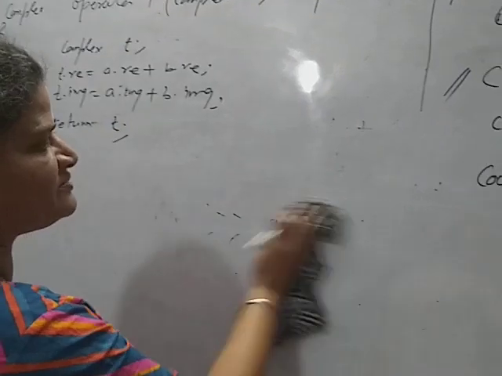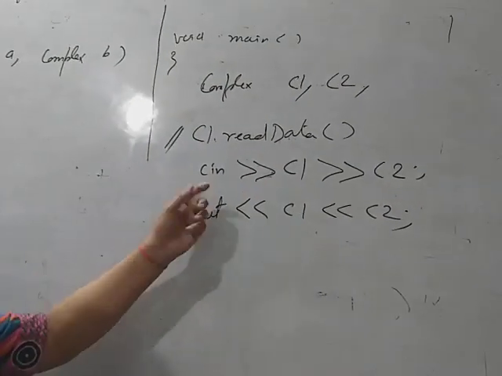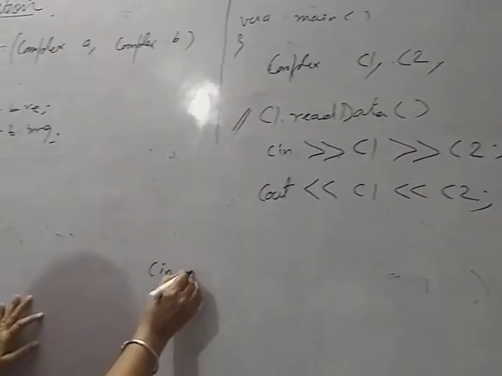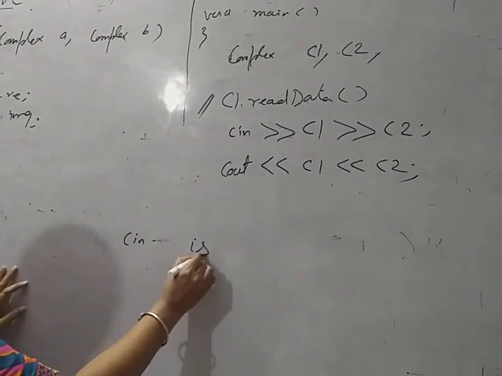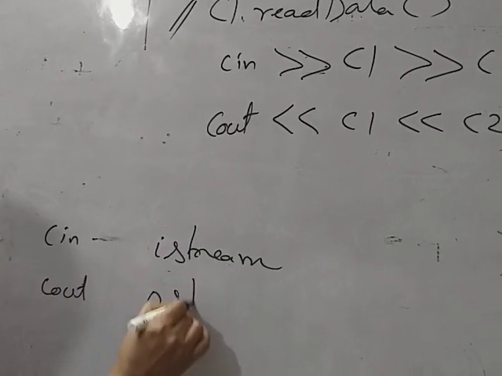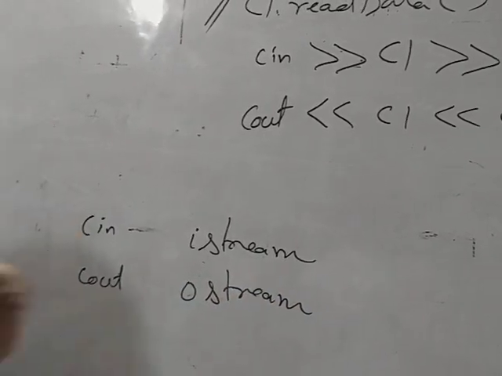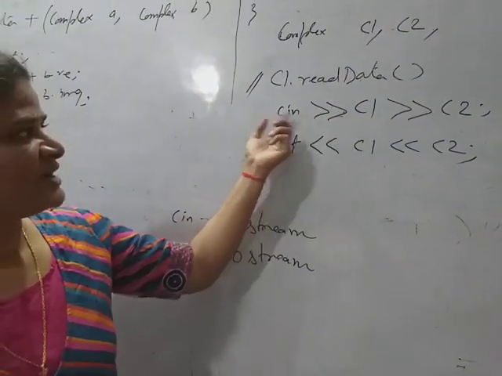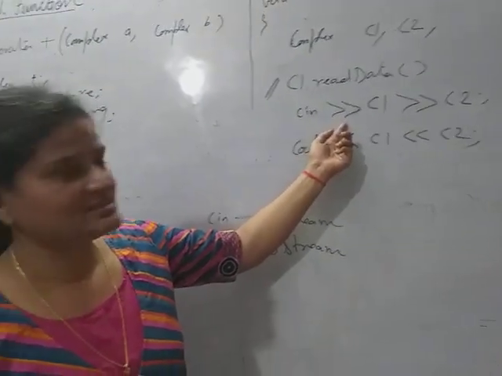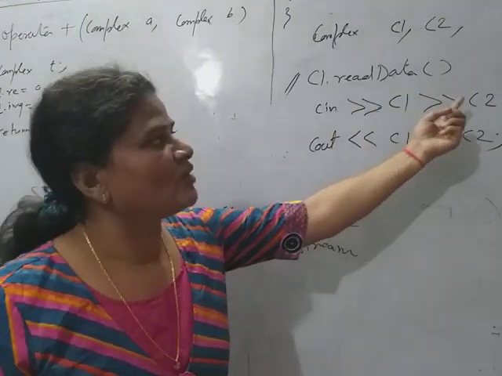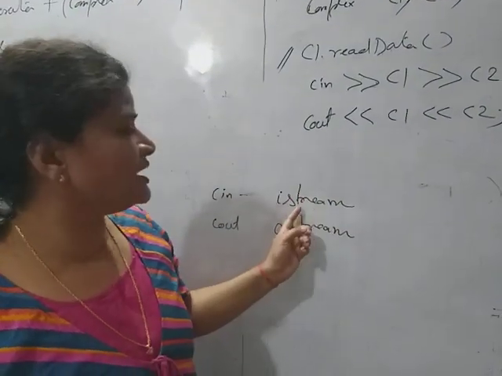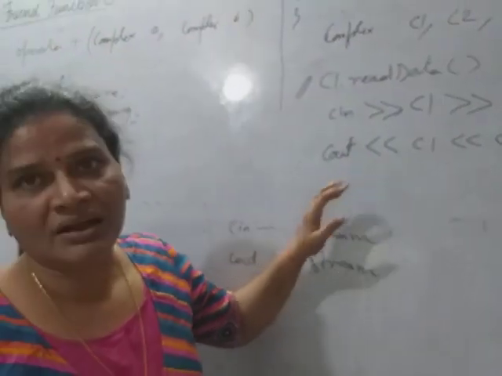Okay, so first the working of cin. Here I want to overload this. cin is the object of the class istream, and cout is the object of the class ostream. So first cin is required to be passed to the friend function that overloads this, and because cin is again required to read C2, this friend function will return a reference to the istream. The same is true for ostream.